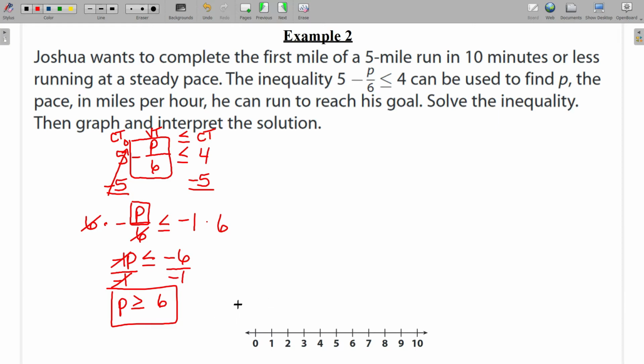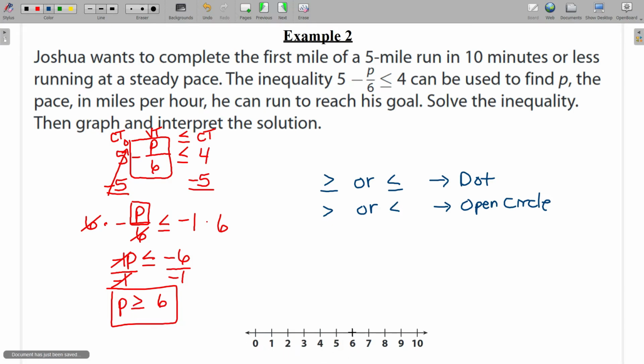Now the next thing I want to do is I want to go ahead and graph this. If you'll recall, if you ever have a greater than or equal to or a less than or equal to sign, that means that you are going to have a dot on your number line. Now, if you ever have a greater than or a less than sign without the line underneath it, it means you're going to have an open circle. So with this particular problem, we have that line underneath our inequality, so we have p being greater than or equal to 6. So what this means is I'm going to put a closed dot on 6, like so,